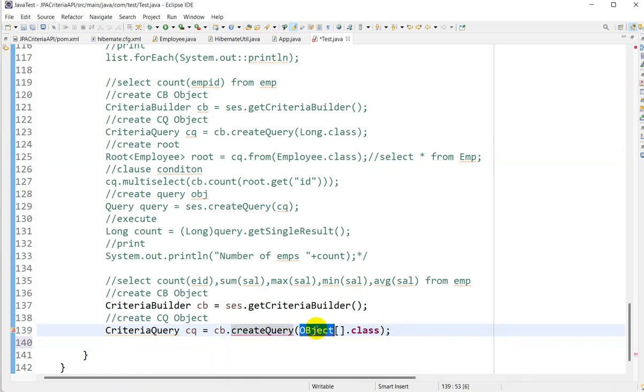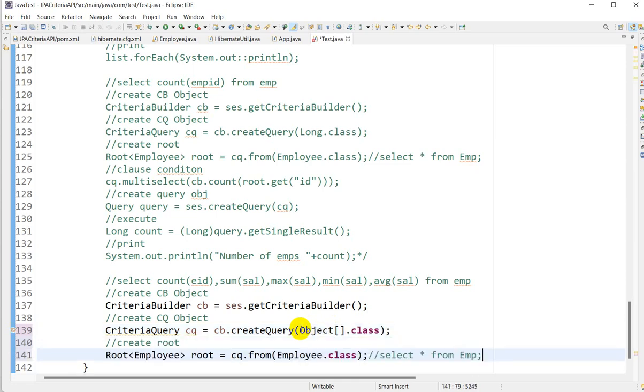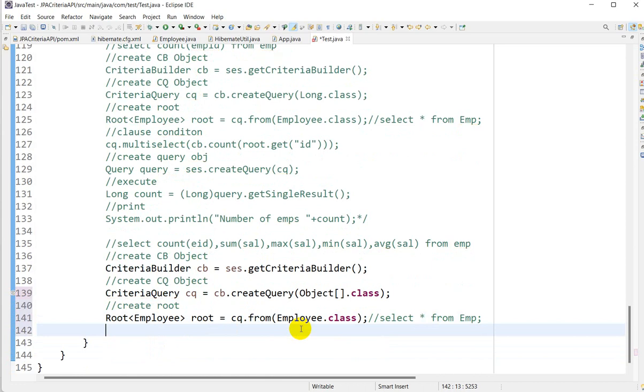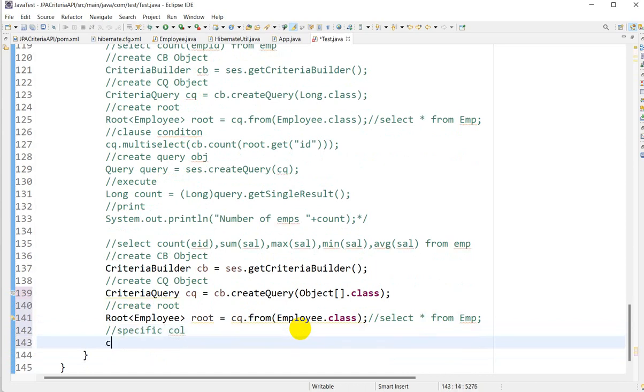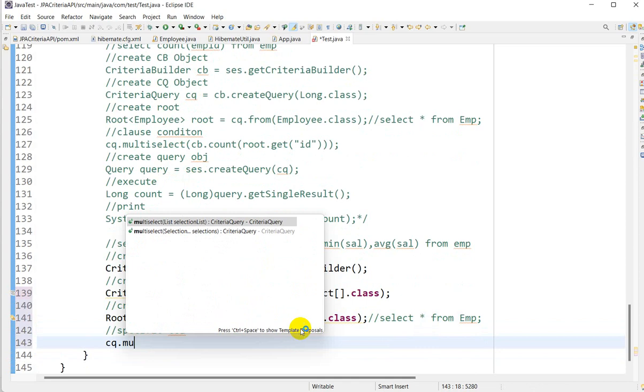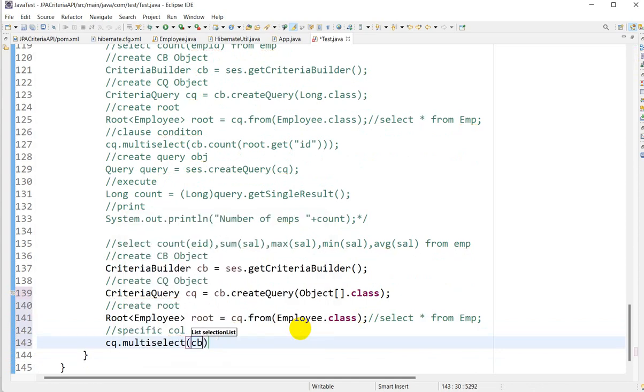Here what went wrong? Object. Here object we have to give object array. Create a root object, then specific columns we want, so cq dot multiselect criteria builder dot count root dot get id,